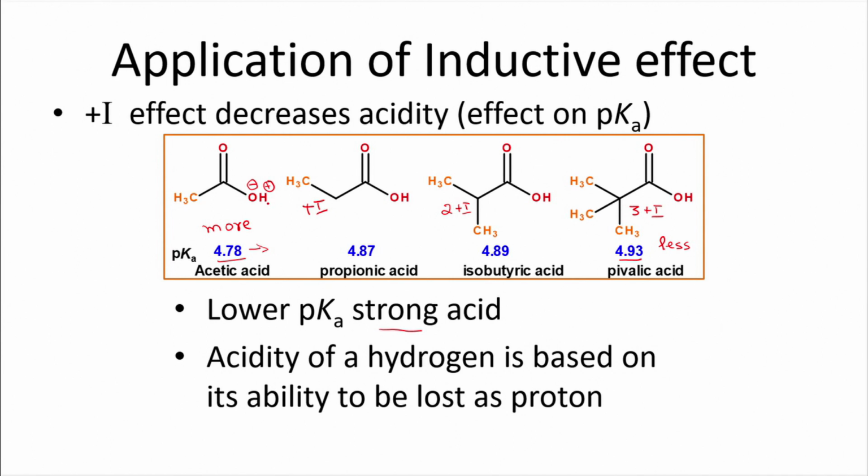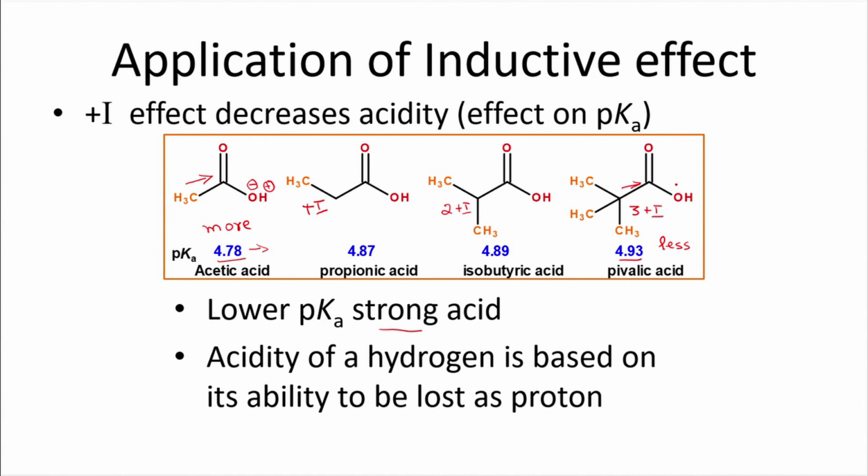So, when the H plus ion is left, we end up with a negative charge on this particular oxygen. This is already electron rich. If more electrons are being pushed towards this particular carbon, that actually increases destabilization. That is the reason when three methyl groups are pushing electrons towards this particular carbon, and when the acid